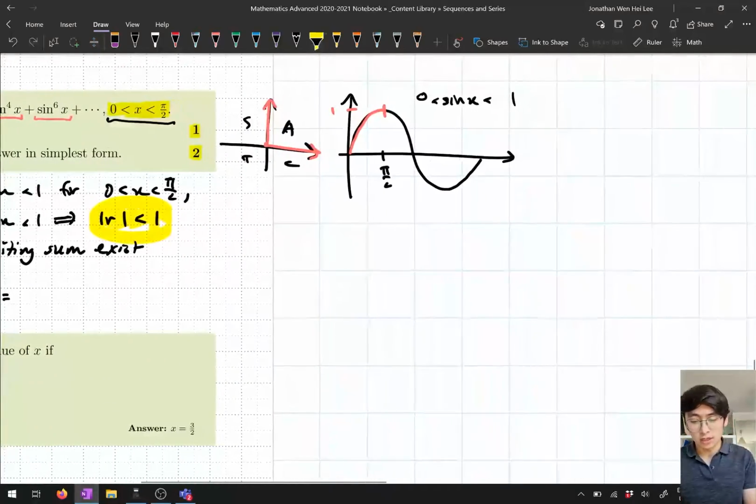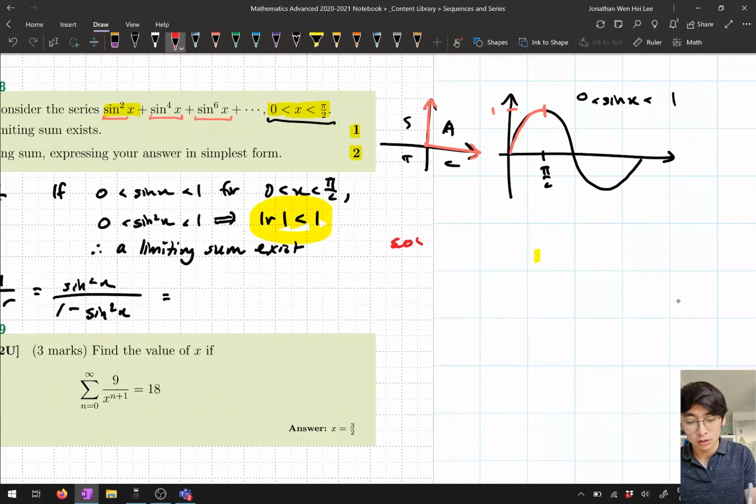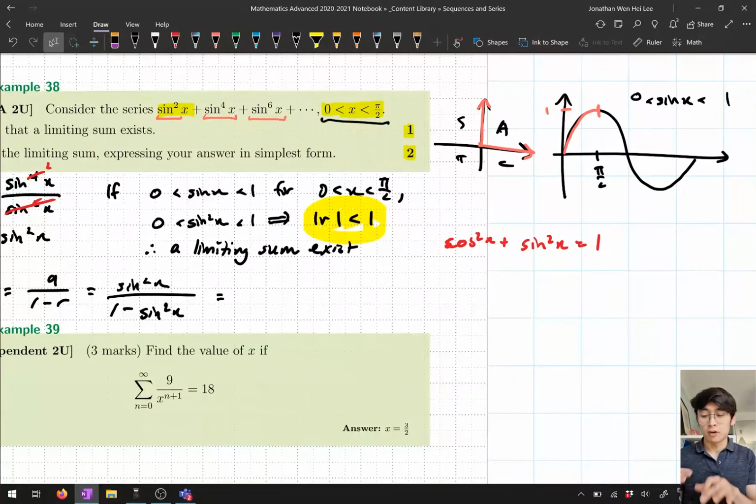So what we can actually use is, if you remember, on our formula sheet, there's a trig identity which says that cos squared x plus sine squared x is equal to 1. Now if you have a look, I've got sine squared x on the top, I've got sine squared x at the bottom. So what I can do here is I can actually rearrange this